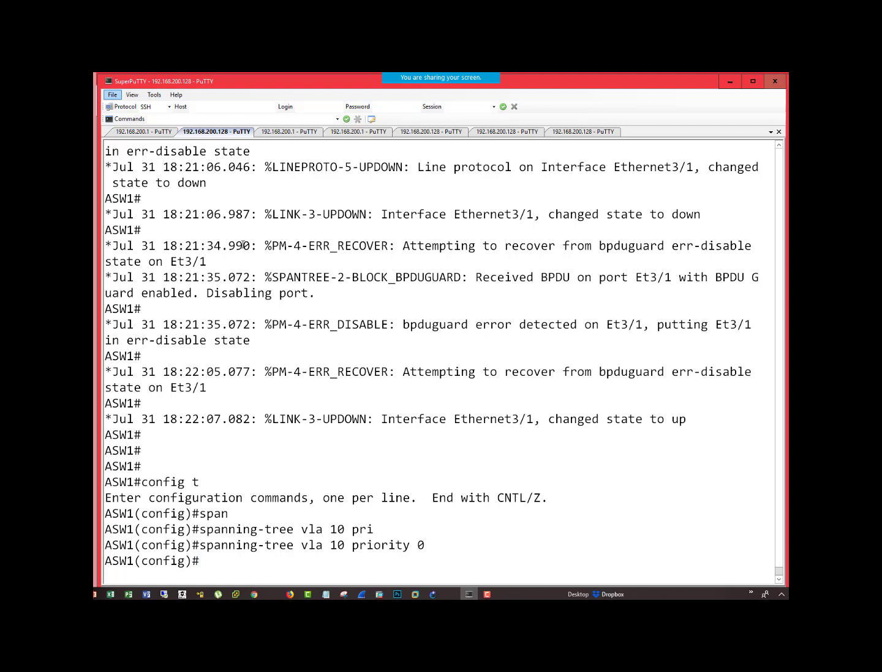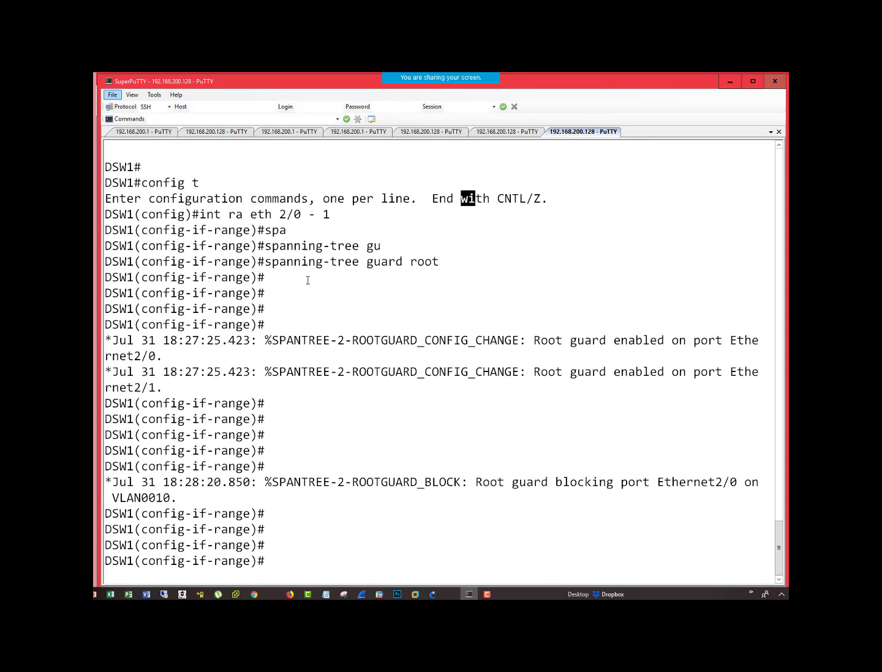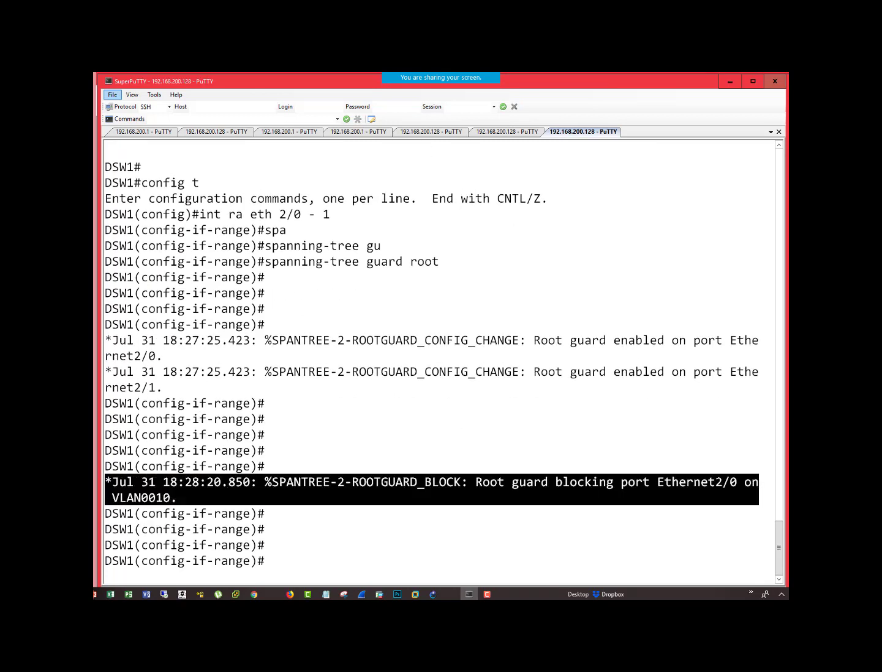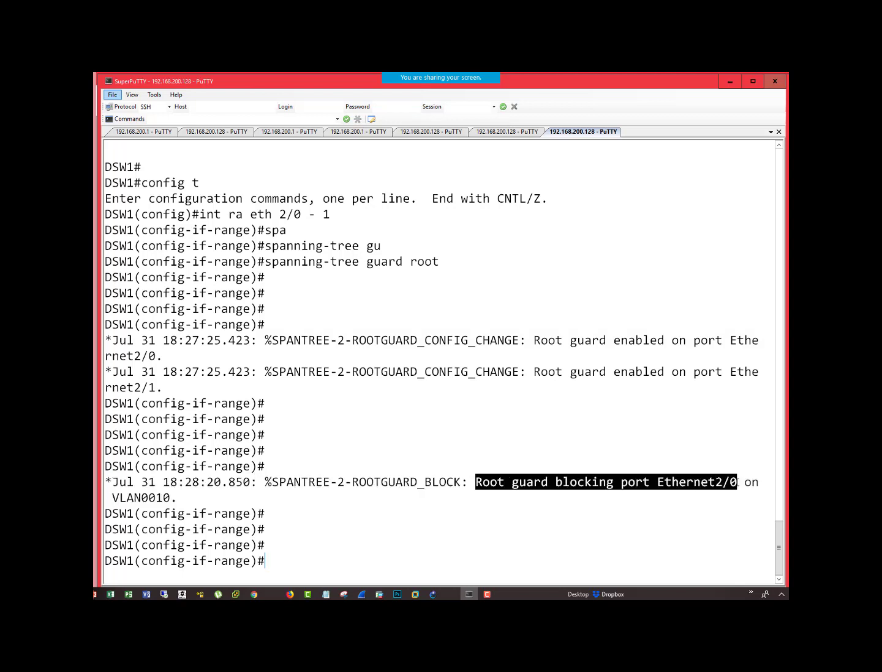ASW1 is telling all the other switches, my priority for this VLAN is 0, and because everybody's priority is higher than 0, that means ASW1 is essentially claiming to be the root for this particular VLAN. If I go back to my DSW1 switch, you will see the syslog message, spanning tree root guard block. Root guard is blocking port 20 on VLAN 10. All the other VLANs are allowed to work over that port, but VLAN 10 is being blocked because there's a